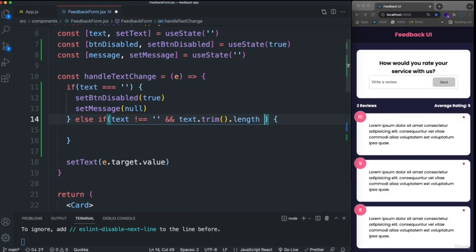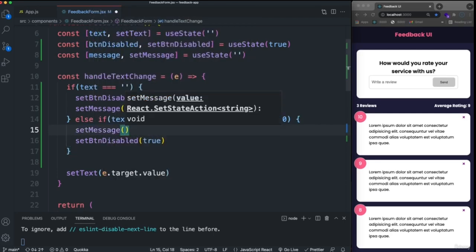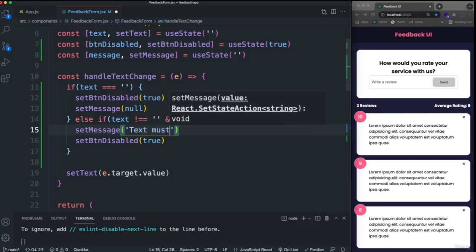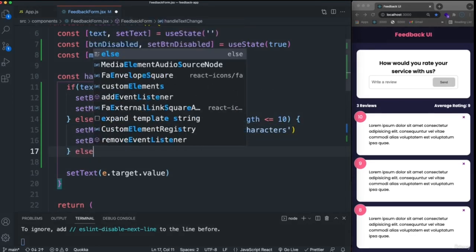So if the length is less than or equal to 10, then again we're going to want the button to be disabled because it's still less than 10. So let's just do that. And then for the message, let's do set message, and we'll go ahead and output text must be at least 10 characters. Okay, and then else